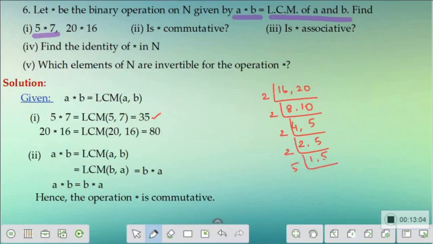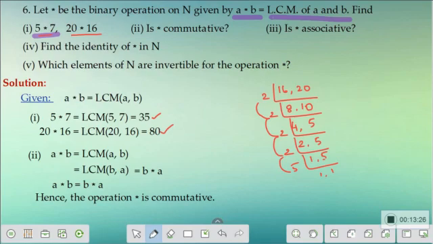Then the next one is 5, 1 comma 1. So 2 2s are 4, 4 2s are 8, 8 2s are 16, and 16 into 5 is nothing but 80. So this is our LCM. So LCM of 20 and 16 is 80. This is the value. So we have found the values of 5 star 7 and 20 star 16.